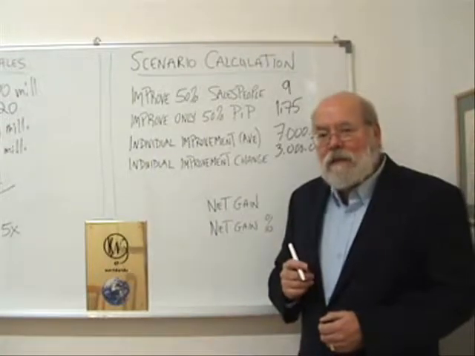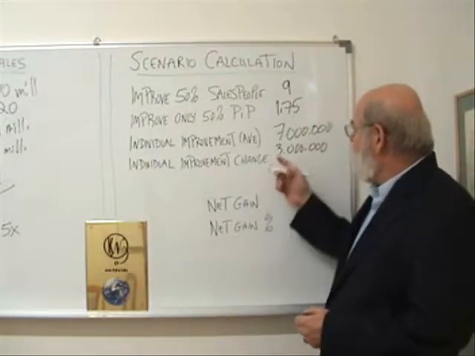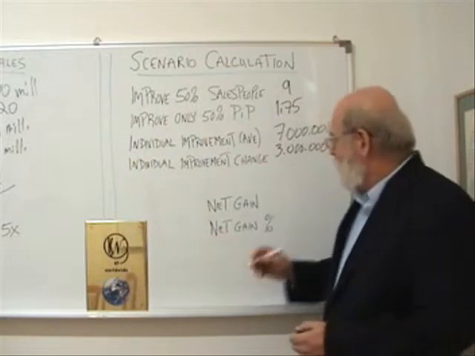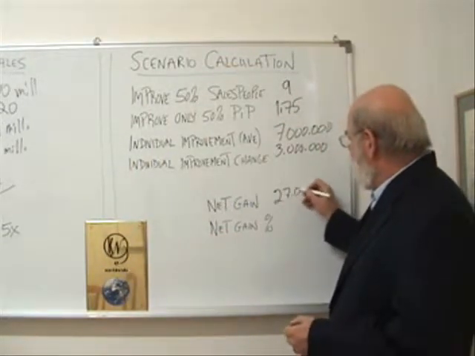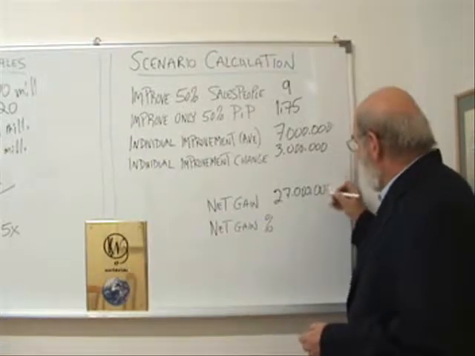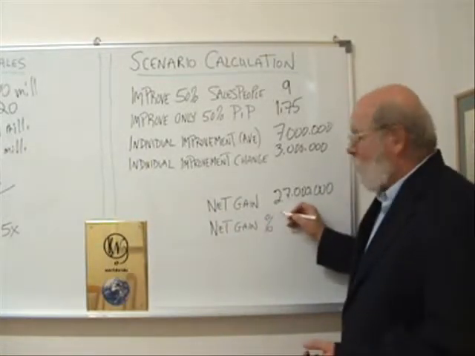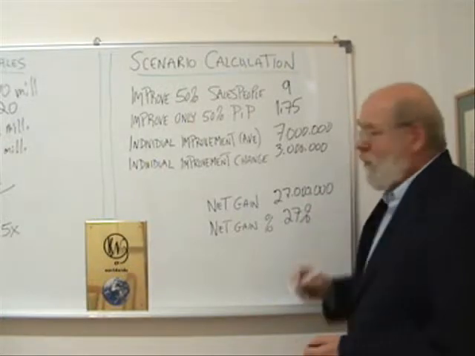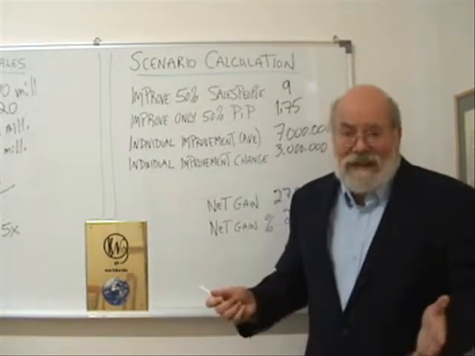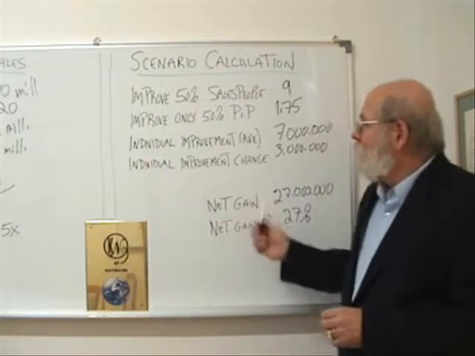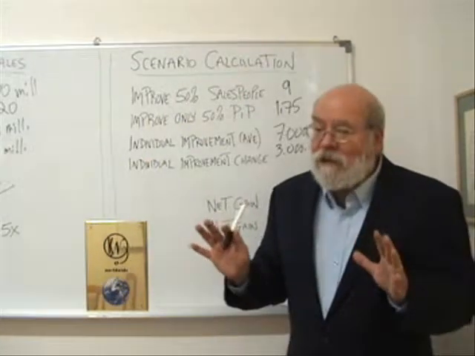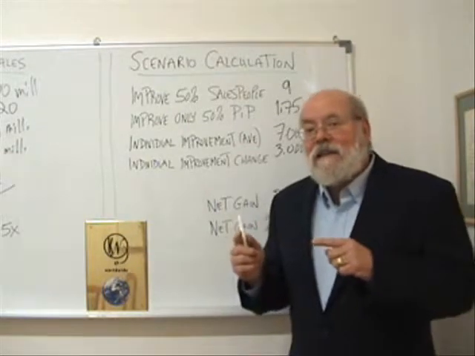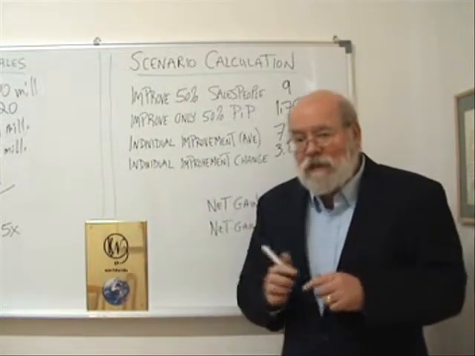Now finally what we come to here is we got 3 million change times 9 people. What is that? Net gain of 27 million. Or, in percentage terms, since we had 100 million in sales, a nice 27% gain through this intervention. We don't know the intervention yet. Partly what we're trying to decide is what is the value if we go into the intervention.